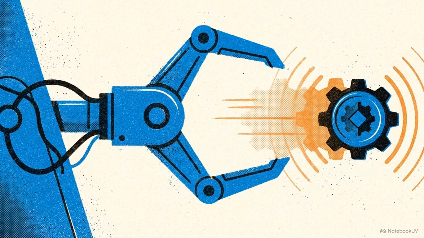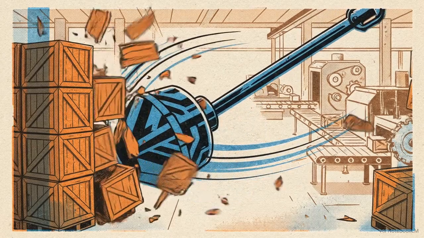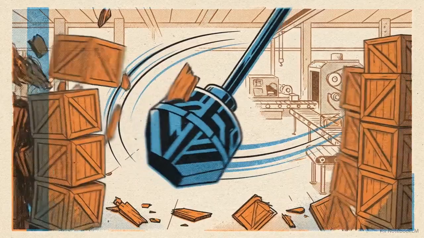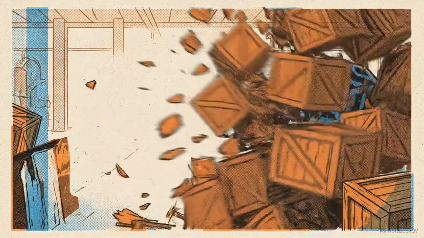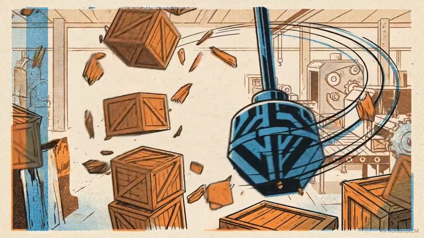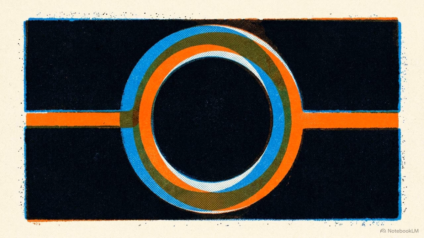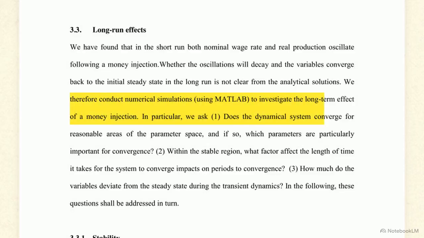Because physical production takes time, the economy is constantly chasing an outdated target. Producers overcorrect to old price signals, trapping real output and labor allocation in a severe, alternating whiplash. If the economy becomes trapped in an overcorrection loop, how long does this instability last before the system finally clears the mismatch? To map the exact length of the long-term horizon, Chang and Angus ran a series of numerical simulations